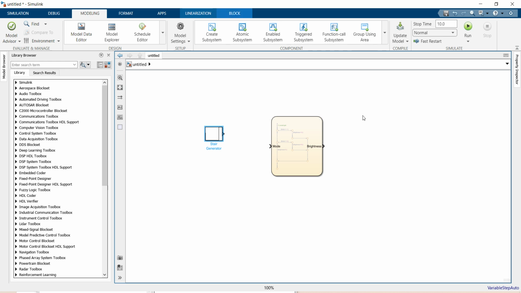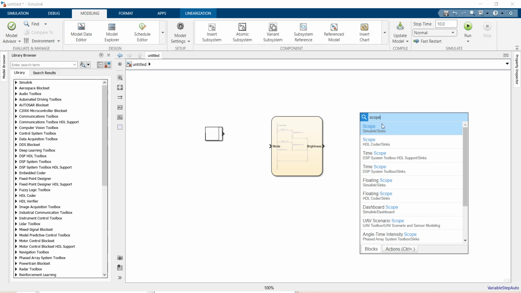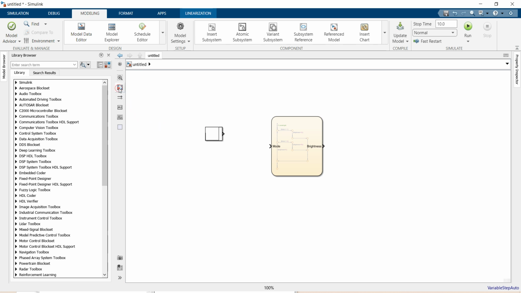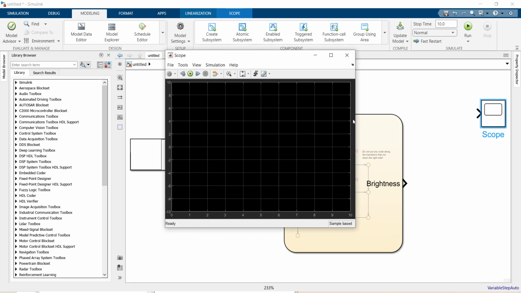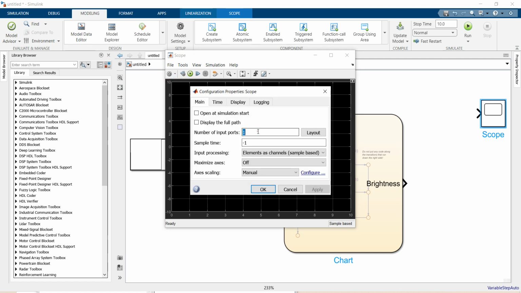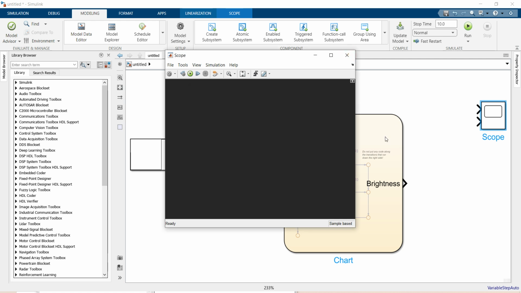then we need a scope block. I'm taking a scope block. Our scope input will be two, which are mode and brightness. I'm taking input ports 2, and the layout will be this. Click OK, and I'm closing the scope,